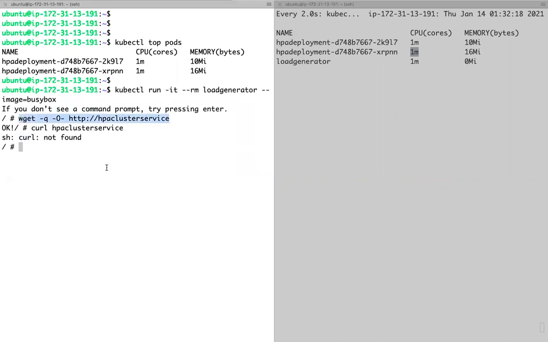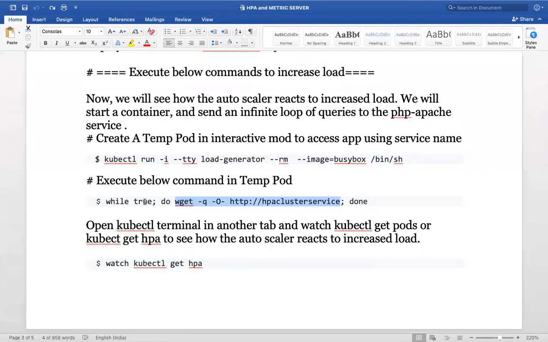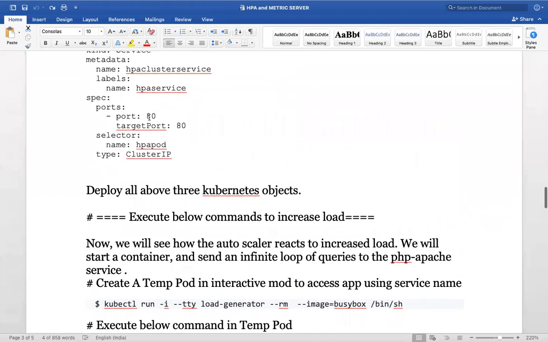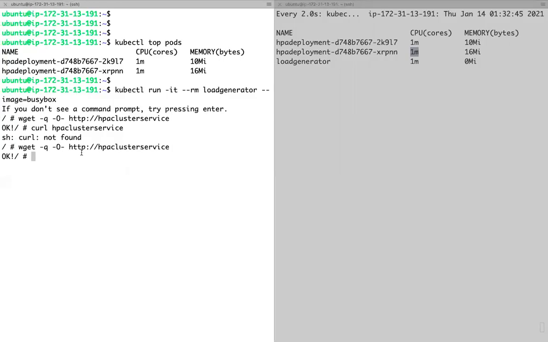This is what I'm using. So am I getting a response? I'm using the service name. Why am I not giving any port? This is the service name. What is the default port I have mentioned in the service while creating a service? What is my service port? 80. So that is the default port, right? So now the request is going to the service. Service is routing the traffic to the pod. So I'm getting the response.